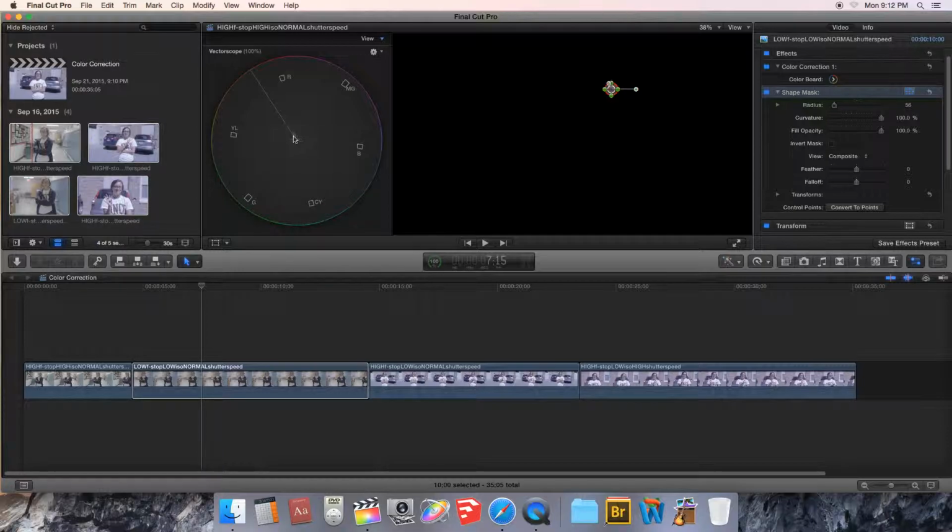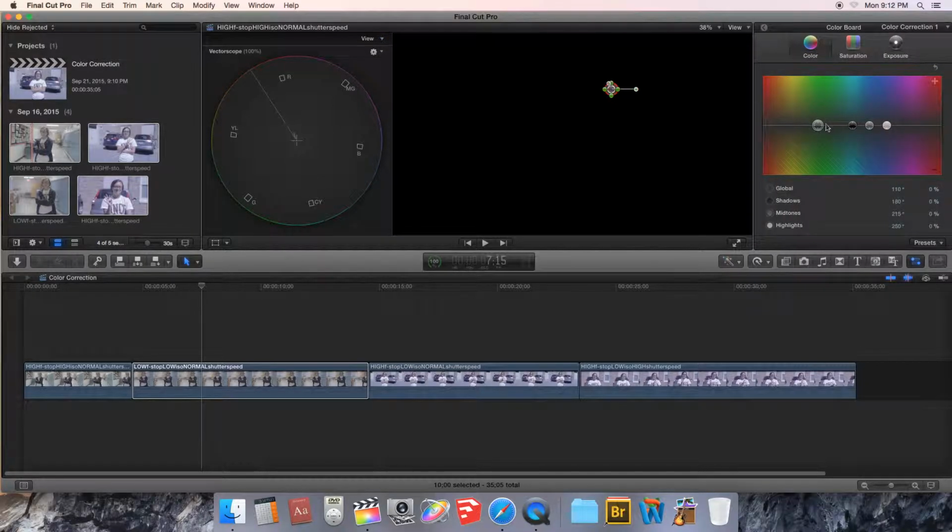Regardless of the person's skin color, you should be very, very close to this line that is the skin tone line on the vector scope. And in this case, I can see that she falls slightly to the right and the reddish side of this line, and we can correct that by going back to the color board and adjusting slightly, because again she's very close, but just slightly adjusting